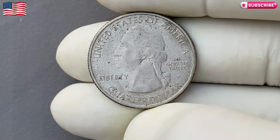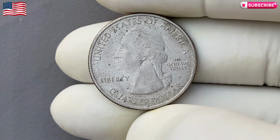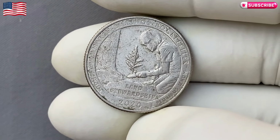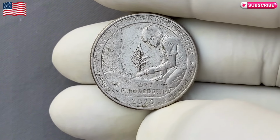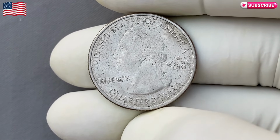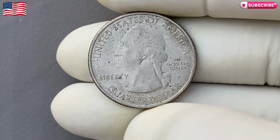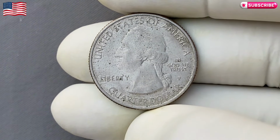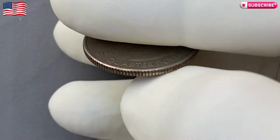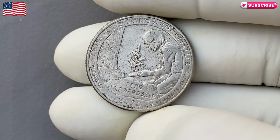The 2020 Marsh-Billings Rockefeller quarter is part of the America the Beautiful Quarters program. This series was created to honor U.S. national parks and other historical sites. The Marsh-Billings Rockefeller National Historical Park, located in Vermont, was chosen to represent the state of Vermont in the 2020 issue. The design on this quarter depicts a beautiful view of the park, including an image of the historic Rockefeller Mansion and the rolling hills of Vermont in the background. It's a stunning coin, and if you haven't yet had the chance to see it up close, it's definitely worth a look,